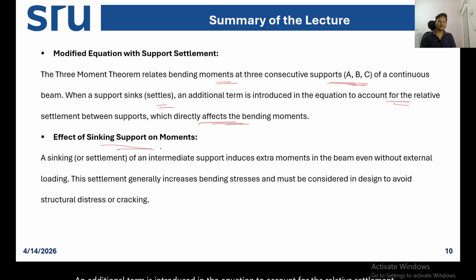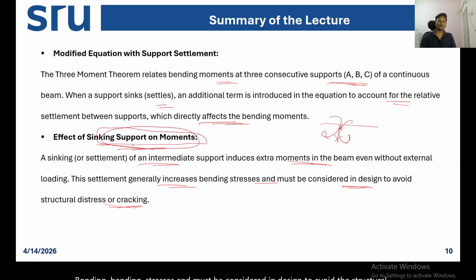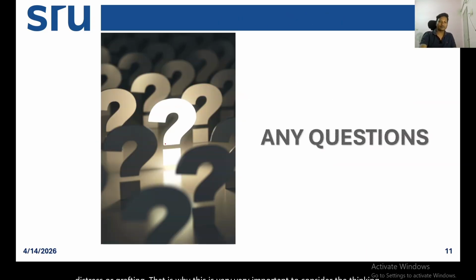So what is the effect of a sinking support on the moments? The settlement of the intermediate support induces extra moment in the beam without external load. This settlement generally increases bending stresses and must be considered in design to avoid structural distress or cracking. That is why it is very important to consider sinking or settlement support conditions. I hope this is clear. If any questions,